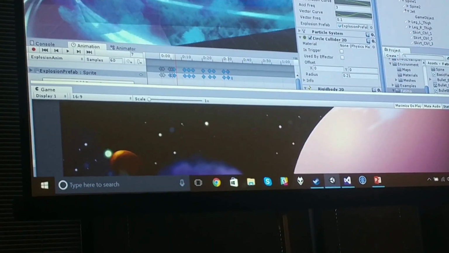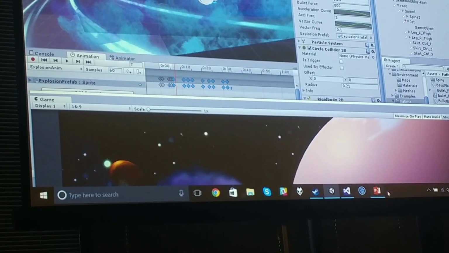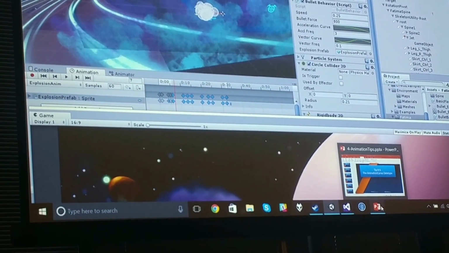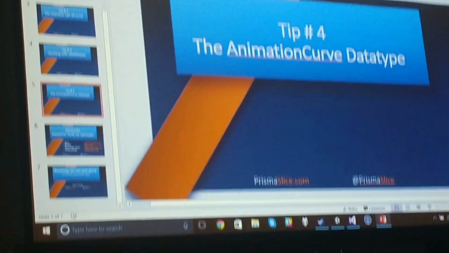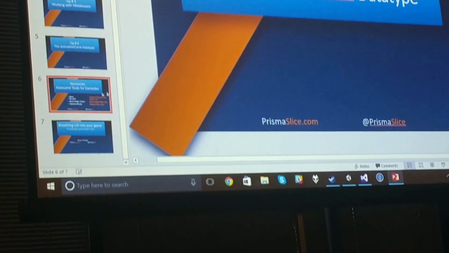But yeah, so that is animation curves, and they're awesome. So I was also going to address